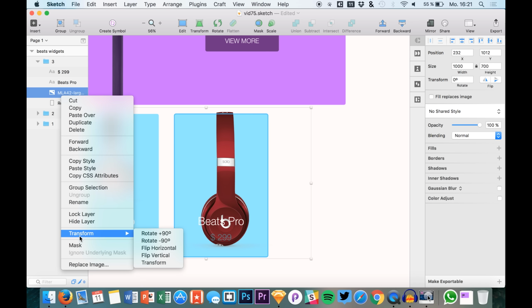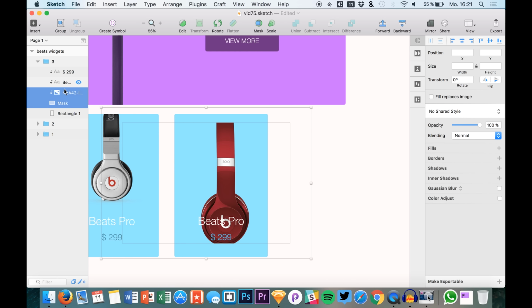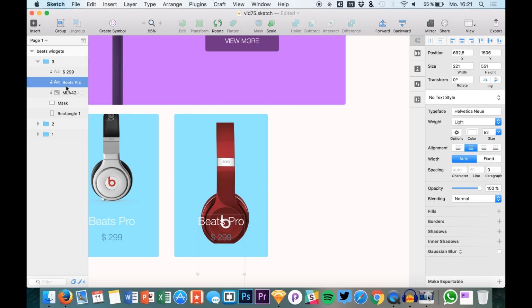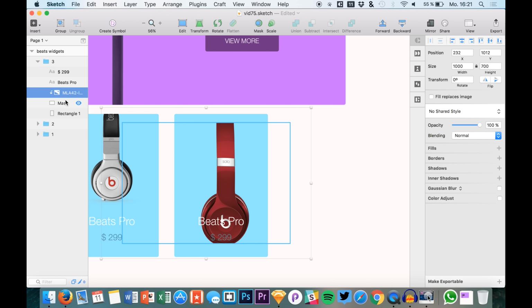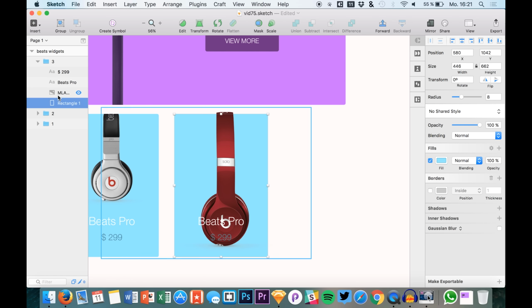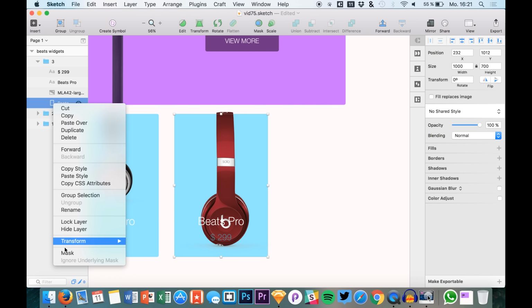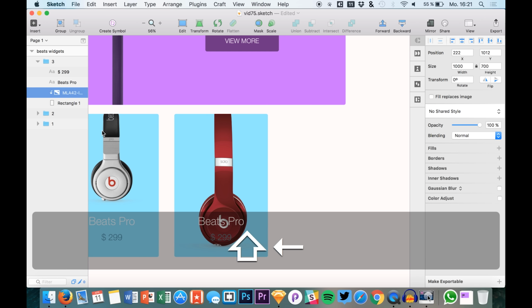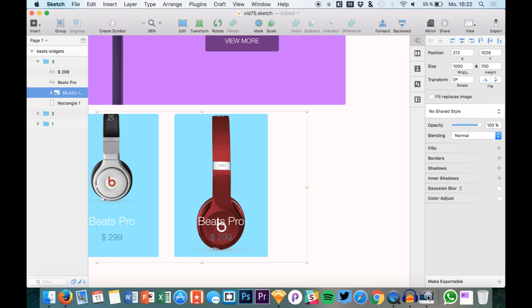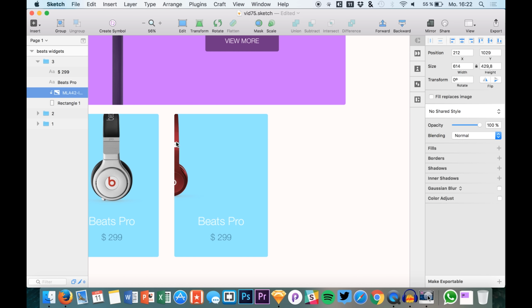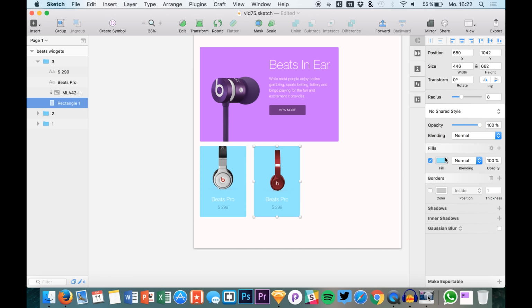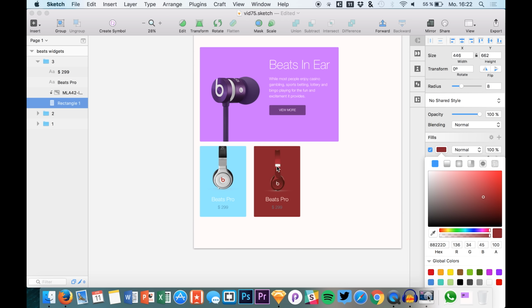And we will just create a mask right now. So we can, oops. Sorry about that. So yeah, now we have it. So we have the mask and we can move our image, but it's not crossing the border. So that's kind of cool. Let's change the size and make it smaller, so it fits in here perfectly. Like that. And now we have a red headphone, and of course we can just use a nice vibrant red